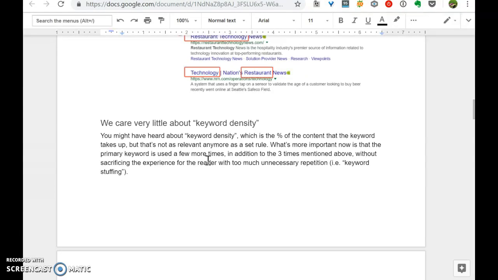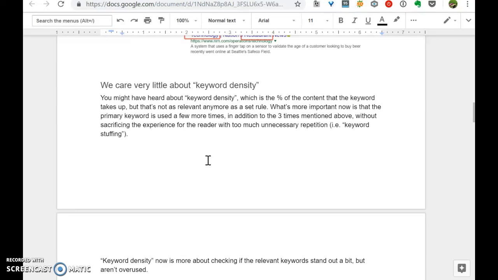So right now, keyword density is used more to check if we've over optimized, if we've gone too far, not to gauge if we did it enough.